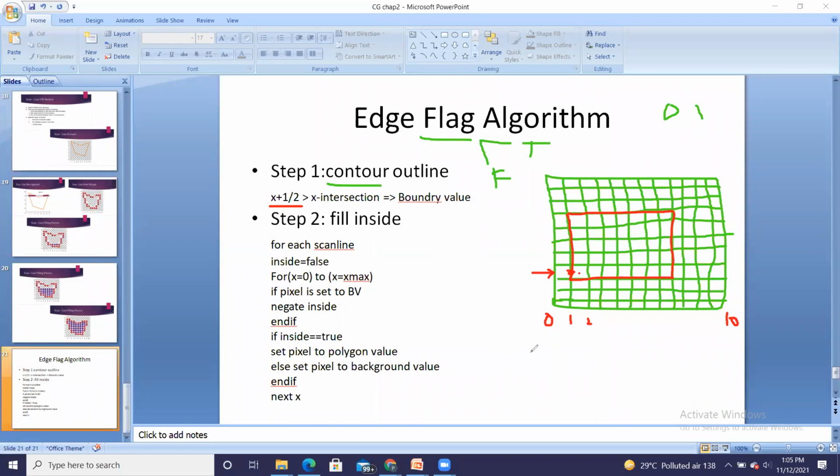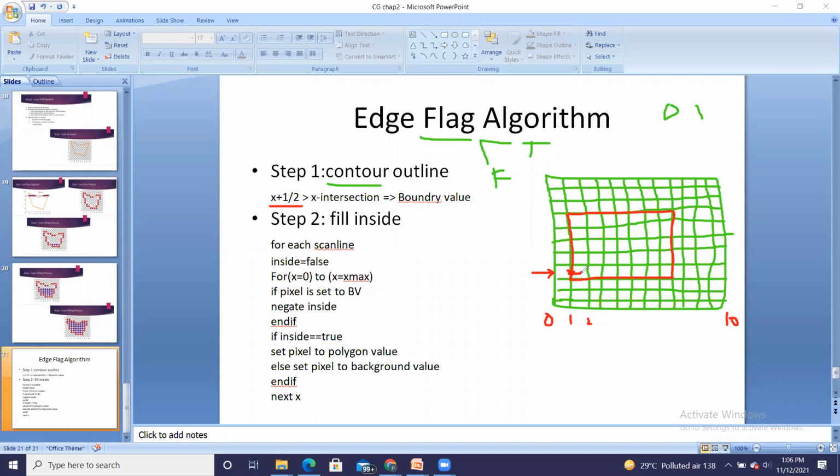Okay. So when the x value will be more, that is when the pixel is on the right hand side of the intersection. So when this pixel is on the right hand side of the intersection, then only that value is more. And that's why I will be taking this as an example, that is x plus half, the pixel whose midpoint, half means what?